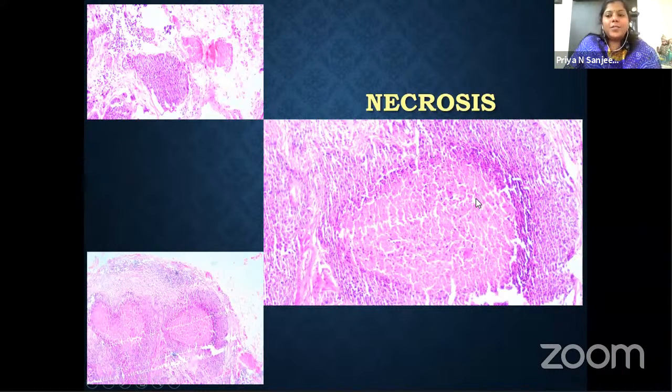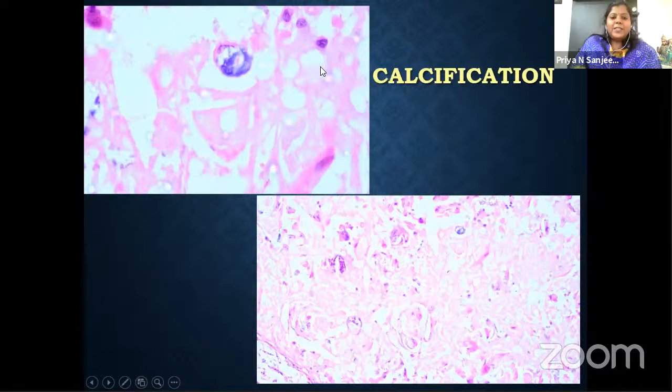Lymphoid necrosis is different from lymphocytic necrosis. Lymphoid necrosis is an area where many cells are involved. And lymphocytic necrosis means individual cell necrosis, or we can call it apoptosis. Best example I can give is the mummifying cells that we see in Hodgkin's lymphoma. It's a form of lymphocytic necrosis. Sometimes the necrotic areas can show dystrophic calcifications, which are blue in color.